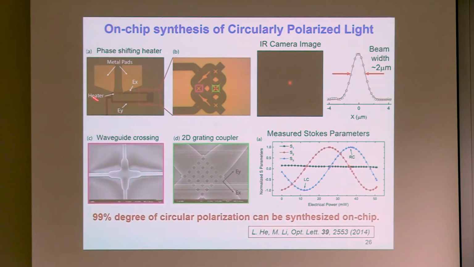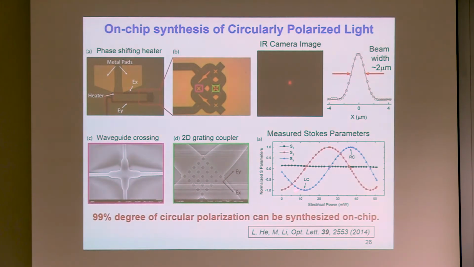We're using a metal heater as a phase shifter, right? Then the two beams combine into this two-dimensional grating coupler, and you can see this red spot as an infrared emission coming out of the grating coupler. The beam has a width on the order of 2 microns. The original plan was to integrate the gadolinium iron cobalt layer on top,